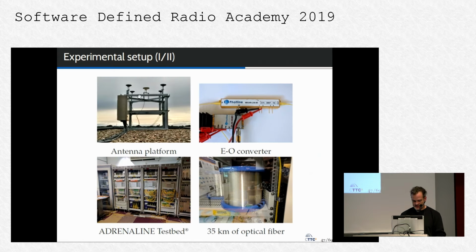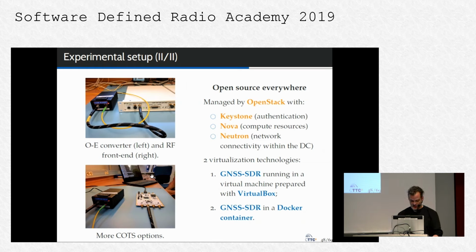These are pictures of the experiments. These are the antennas that we have on the roof of our facilities. This is the electrical to optical converter, so the signal of the antenna arrives here. This is the modulator, and here you have the laser modulated by radio frequency. This is pretty cool. Then we used a real optical network. Here you have the coil with 35 kilometers of optical fiber. And then we placed an optical to electrical converter, a USRP, which is a typical front end, and the output of the front end just plugged into a computer.